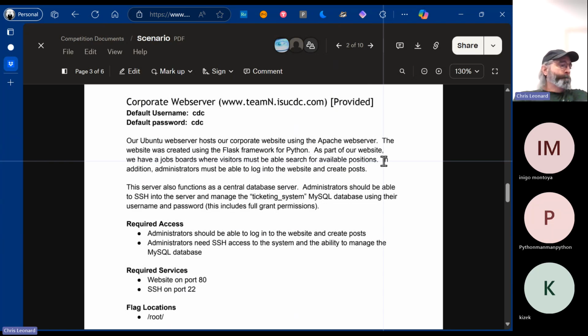Beyond that, this year what they did, if you can see it, I'm not going into detail. However, as part of the requirements, we could also list when they say as part of the website, we have job boards where visitors might be able to search for available positions. This year, they did a big diagram containing every single application and their relationship to each other. As part of the requirements, beyond just visitors must be able to log in and search for available positions,